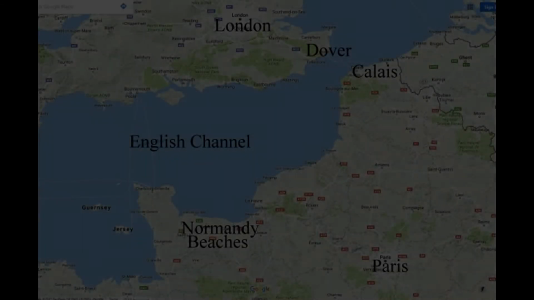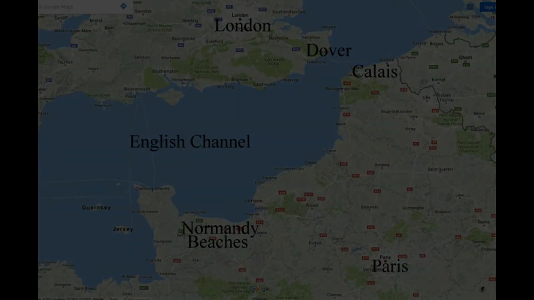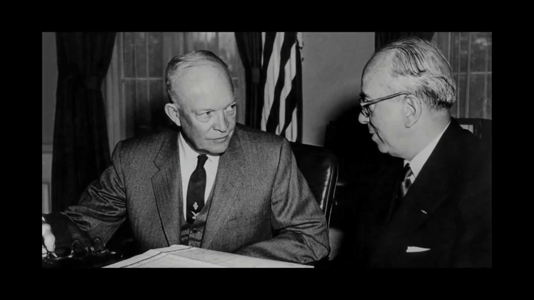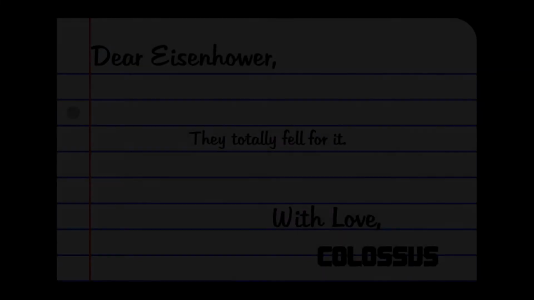Sources state that many efforts were made to get Berlin to think an invasion was going to be made on some place called Calais, as they knew that Normandy would be a target for invasion due to its good positioning. This worked in the Allied forces' favor, as the message that got Eisenhower to confirm the attack on Normandy was a message decrypted by the Colossus.